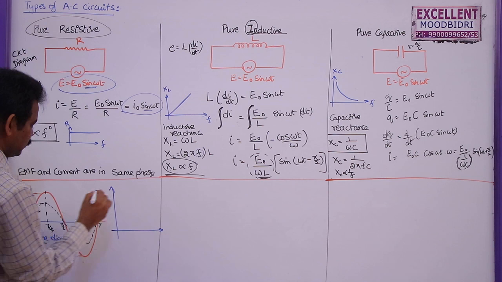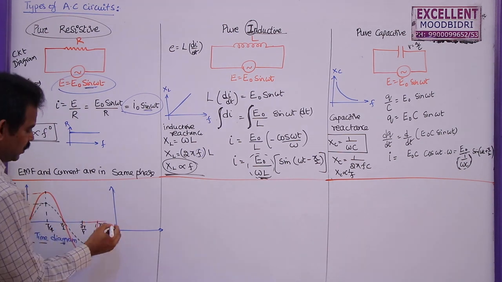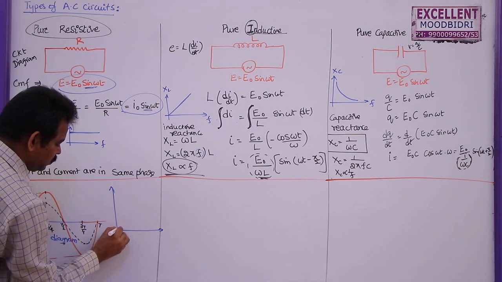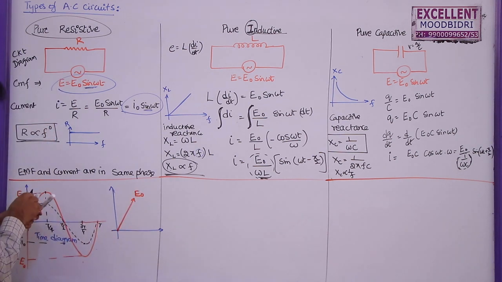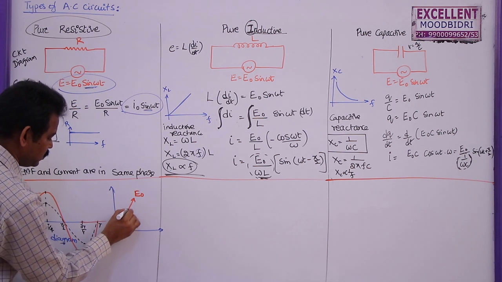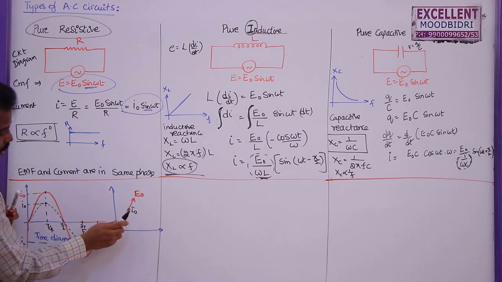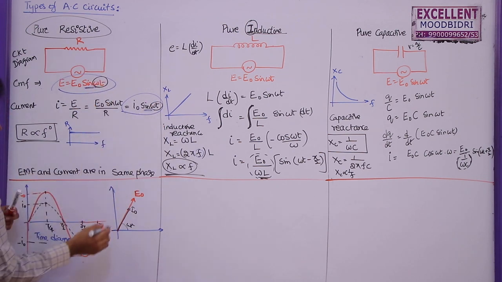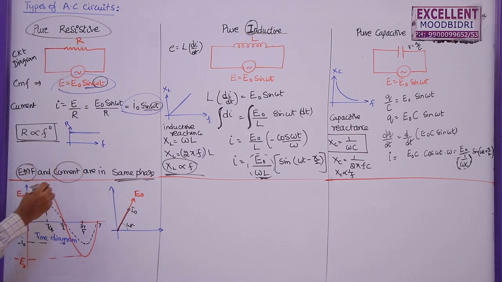So this is the phasor diagram that represents voltage and current here. Here the voltage is E is equal to E naught sin omega t. Let us say this is a vector here, this is E naught. And the current is represented by, let us say, this is in the same phase, this is I naught. So what is the phase angle between these two? These two are not separated by anything, and this angle is omega t for both. So both are in the same phase. So in a pure resistor circuit, both EMF and current are in the same phase.